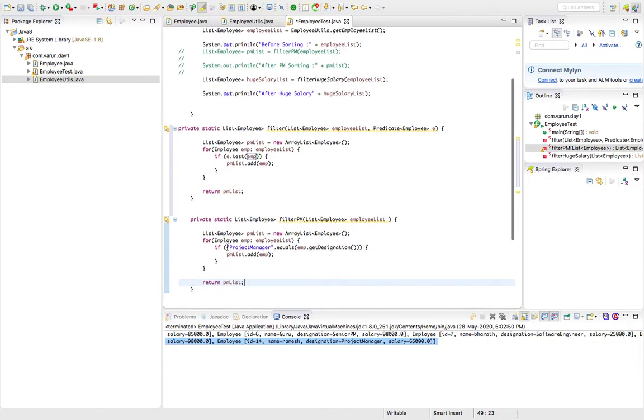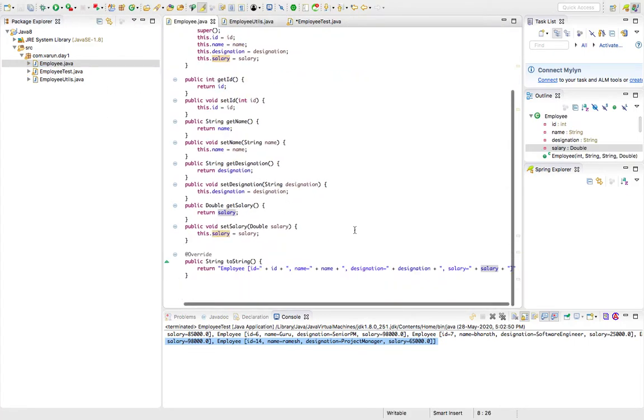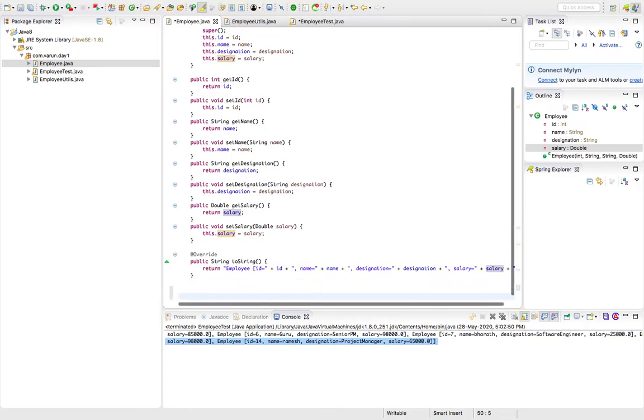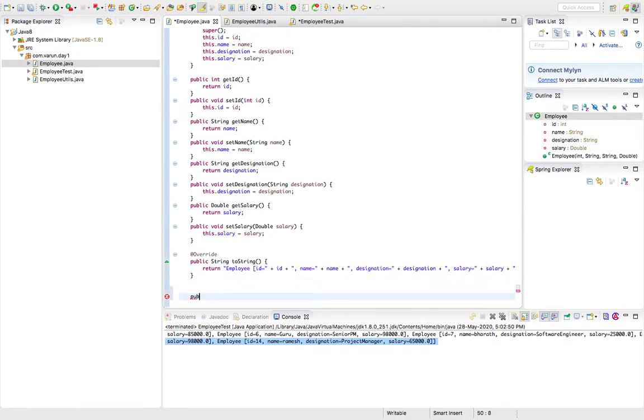Now this logic of boolean check, I am going to write in the employee class. Let's write public static boolean isPM.